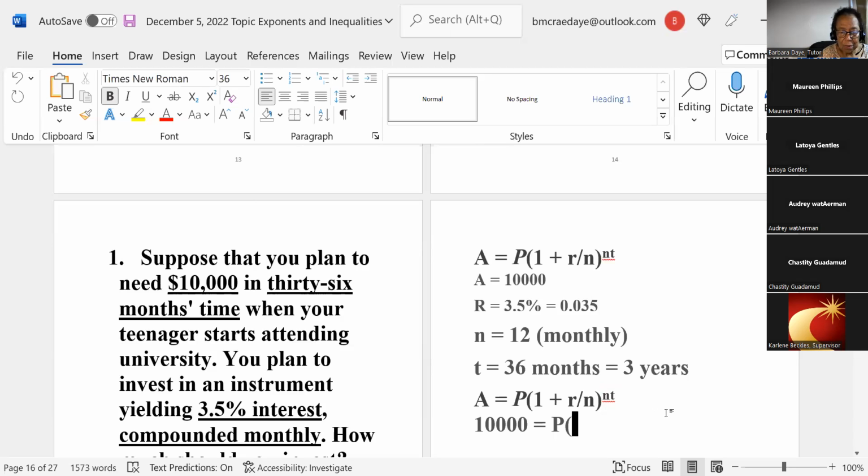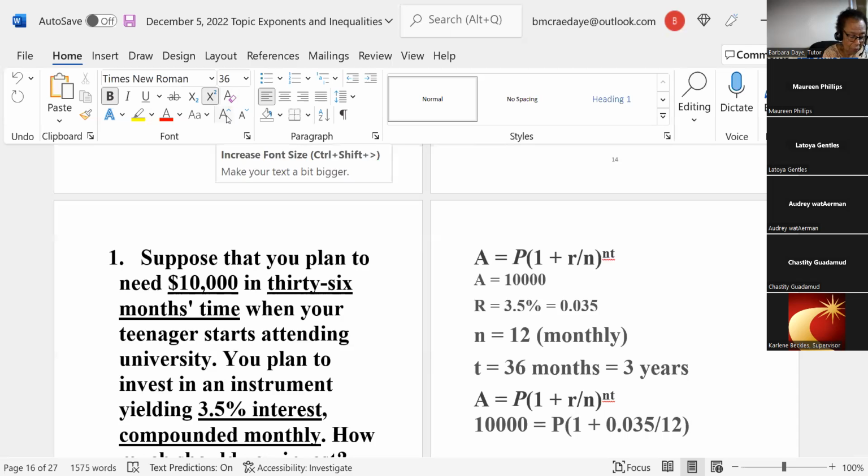You got a 1 here, right? Yes, the 1. So the 1 first, plus, that's right, very good. 0.035, your rate converted to a decimal, and that's over what? 12. Over 12, because we said monthly, right? Now, what's the power? The 12 is 36, 3 years. So nt would be 12